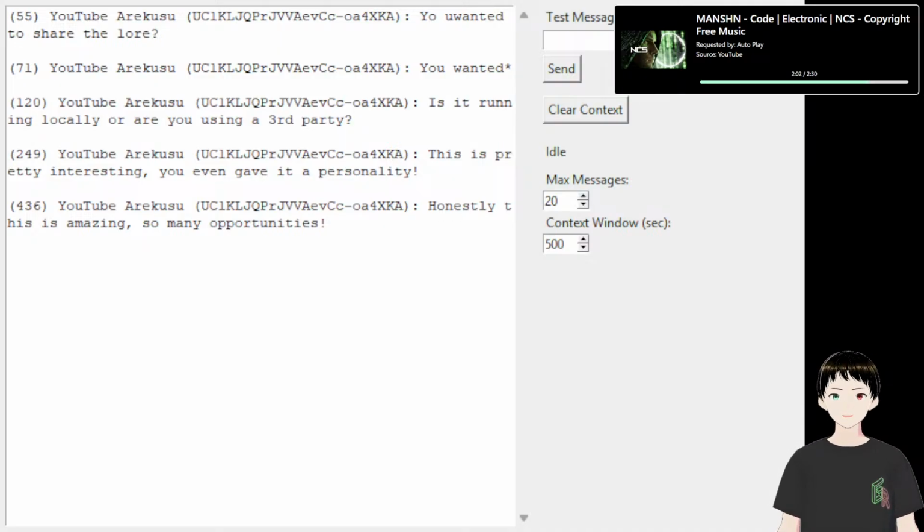I might be able to get away with 30. But I have it delete messages over time because after so much time it basically becomes irrelevant to what's currently going on in the stream. So they just disappear.